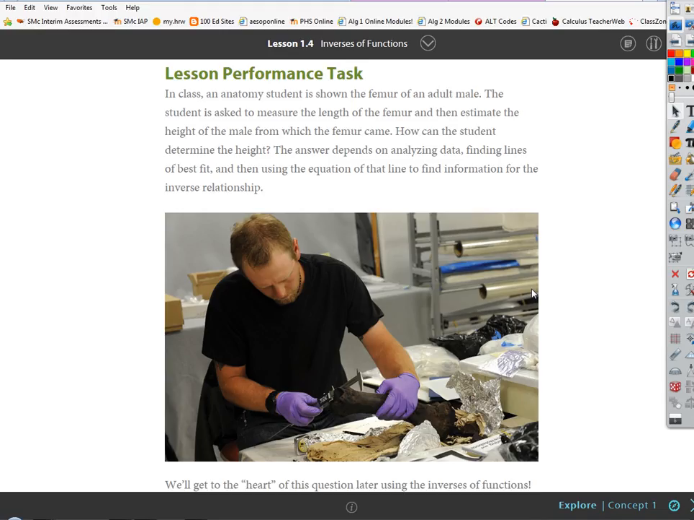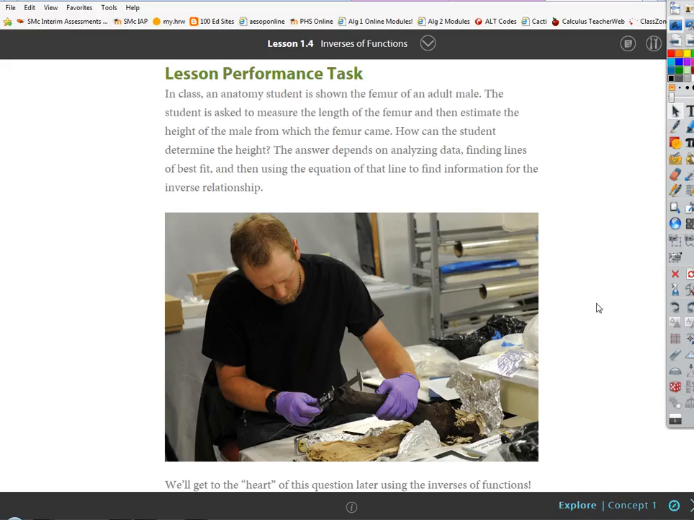Okay, so the student is asked to measure the length of the femur and then estimate the height of the male from which the femur came. How can the student determine the height? The answer depends on analyzing the data, of course, finding the lines of best fit, and so on and so forth. But the point of this is,